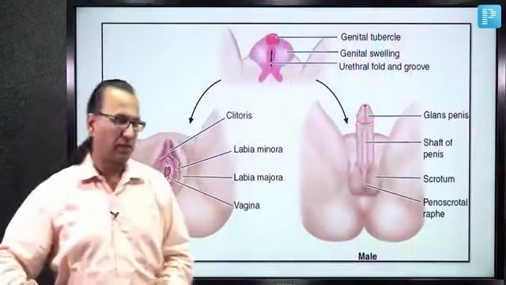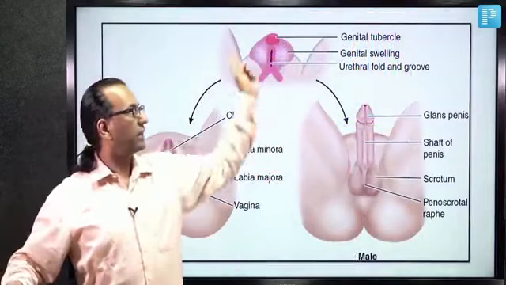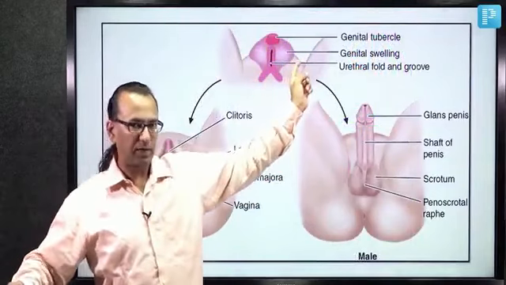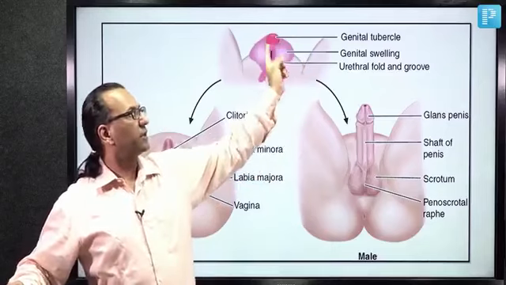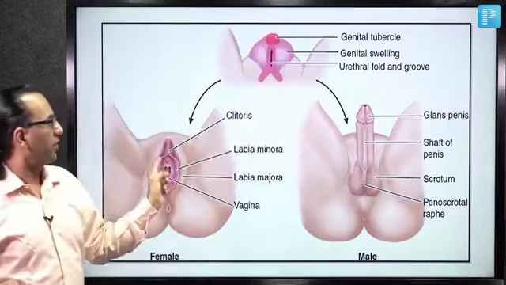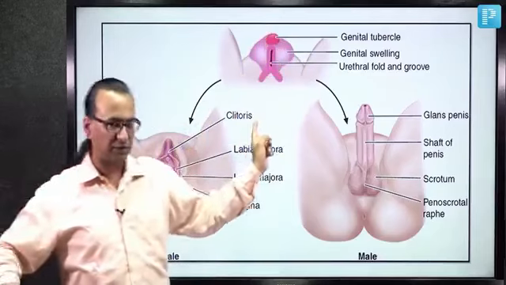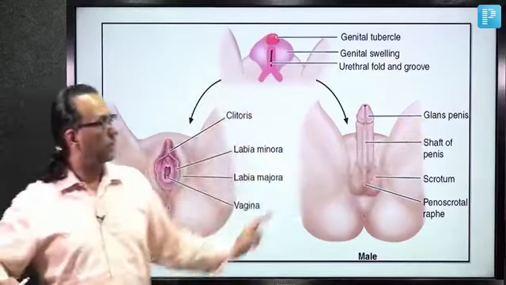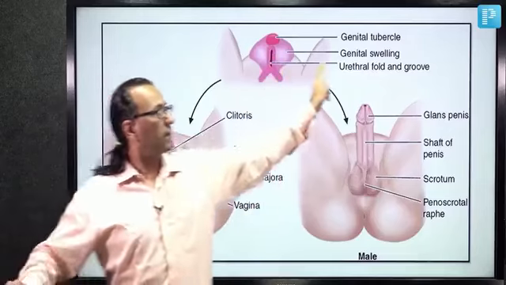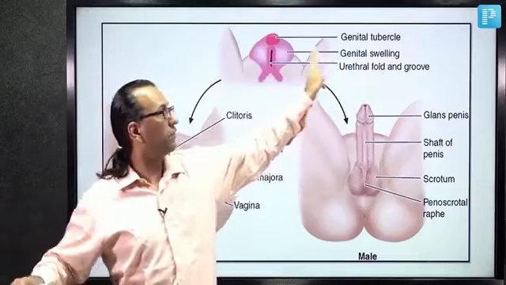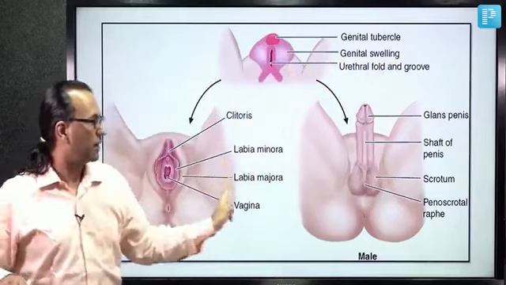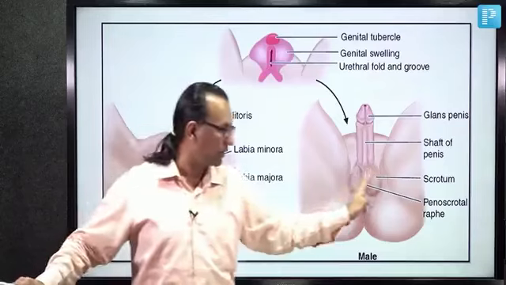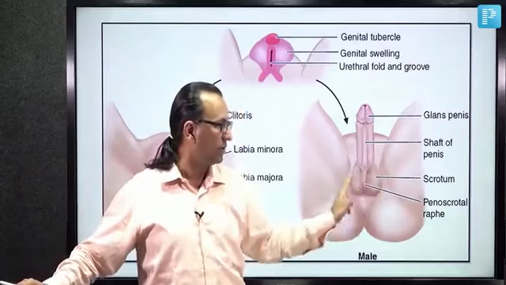In the discussion of external genitalia, in the beginning there is indeterminate embryo and everything appears similar, but later the genital tubercle in case of a female will be contributing to the clitoris, whereas in case of a male it will be forming the glans penis. In case of a female, the genital swelling, or called as labioscrotal swelling, will be contributing to the labia majora on the periphery, and in case of a male, it will be forming the scrotum, as the name suggests, labioscrotal